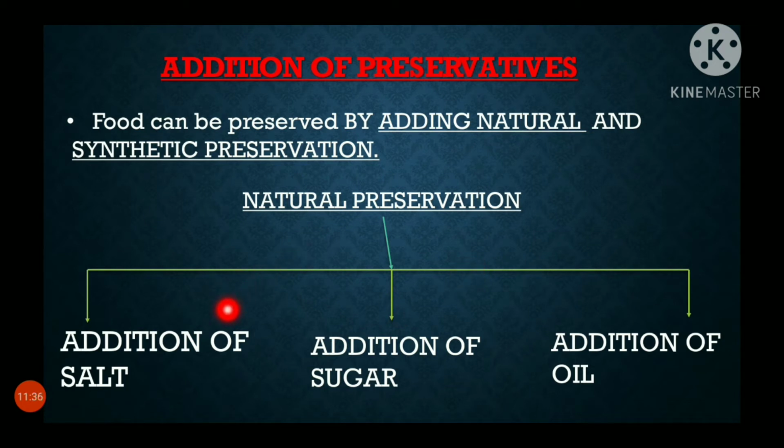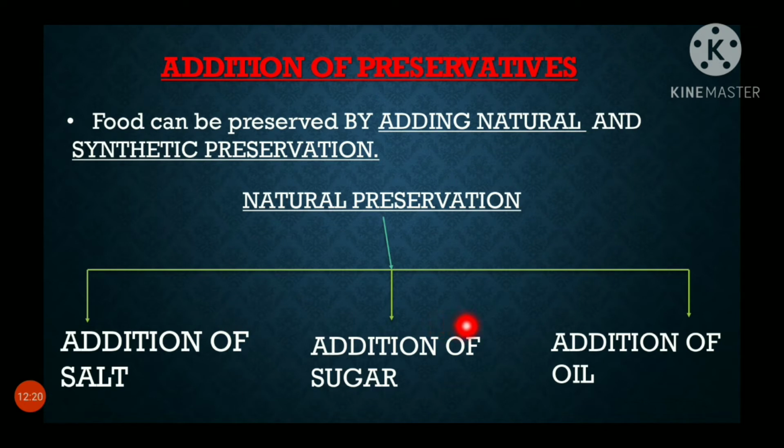Addition of salt is one of the oldest methods of preserving food. Addition of salt removes the moisture content in the food by the process of osmosis. This prevents the growth of bacteria and reduces the activity of microbial enzymes. For example, if you see the dry fish in your home, the fishes are dried in the sun with full of salt on it. It will be very salty. Meat, fish, lemon, raw mangoes to make pickles are preserved by salt first. Because when you put salt on the food, it will absorb the moisture and make it dry.